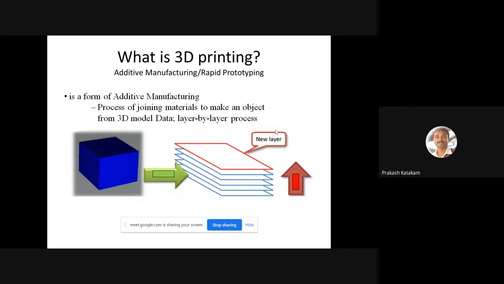The main advantage of 3D printing technology is design space. The design is unlimited. The only thing is how much material you are depositing by layer to make an object. When you go for 3D printing outsourcing, they will ask how many grams of material you want to deposit, and based on that only, they will charge you. They do not bother about the design or any other things, except what material you are using and how much you are going to use. This is how the unlimited applications of 3D printing take place. So 3D printing actually happens layer by layer, as shown in the picture.